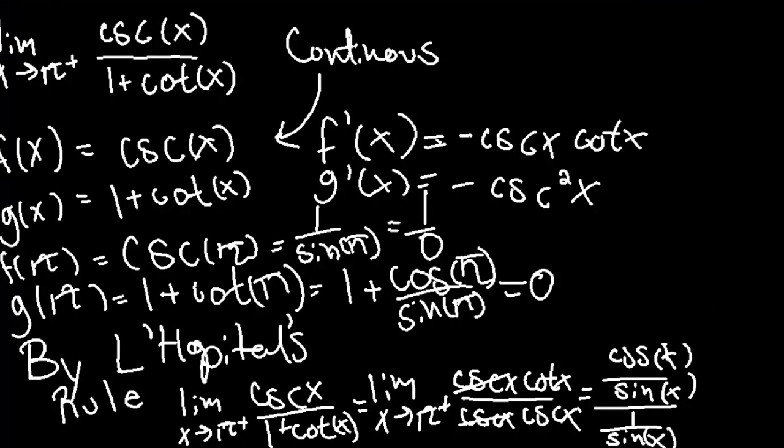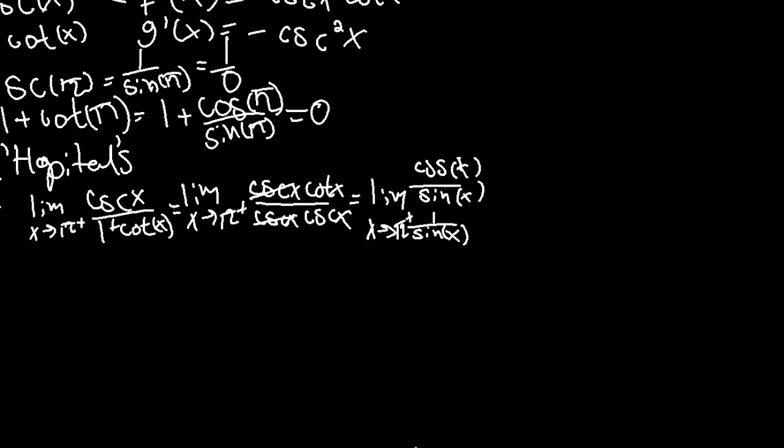Let me make some more room. Now that I've made some more room, we can keep carrying this out. So we have the limit as x approaches pi, and we can write this using keep, change, flip. So we have cosine over sine of x times sine,